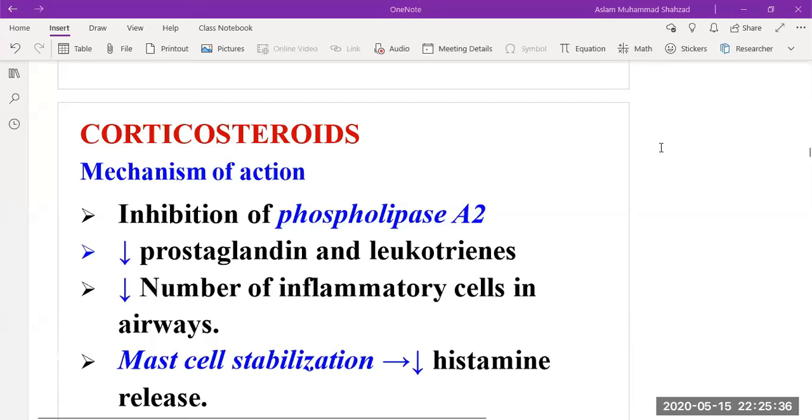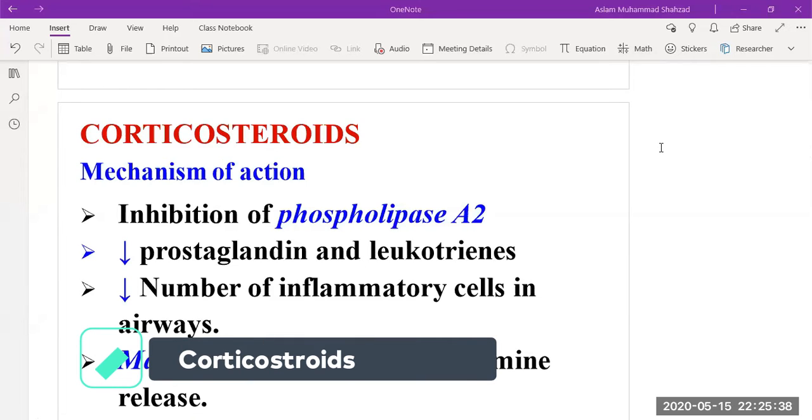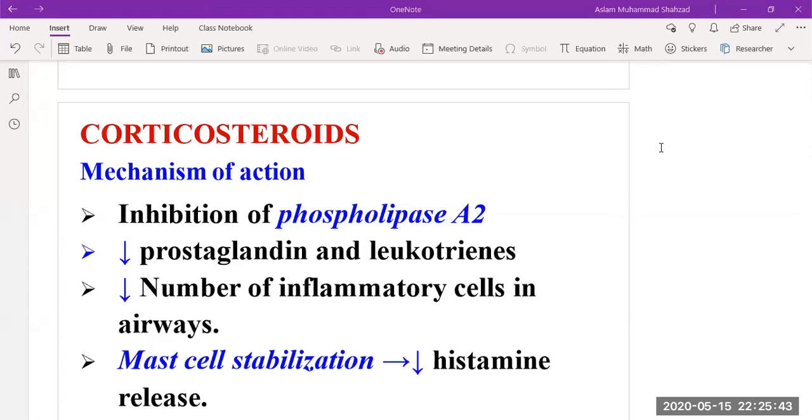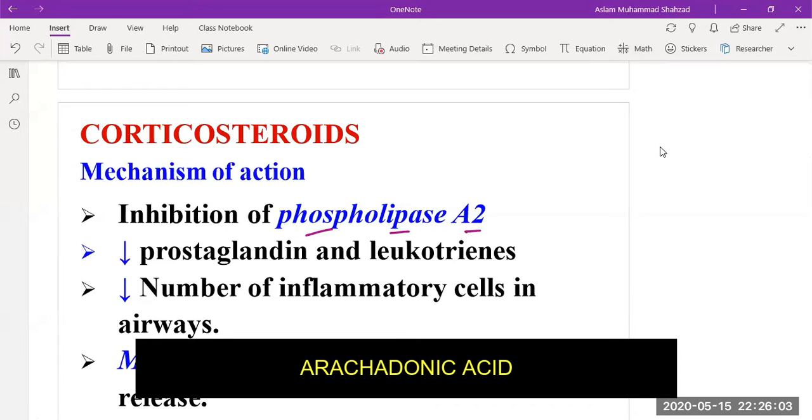Today we are going to discuss another classification of drug, which are corticosteroids. The main mechanism of action for corticosteroids is inhibition of phospholipase A2. And the inhibition of phospholipase A2 is important. Why? Because we need to understand that there is an important mediator known as arachidonic acid,